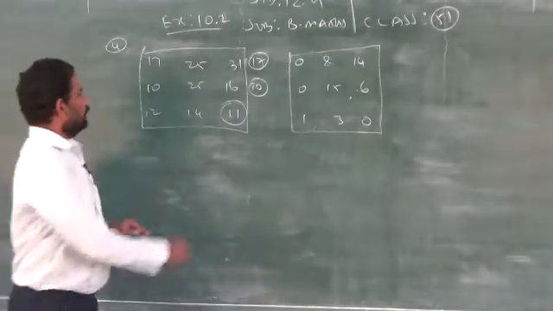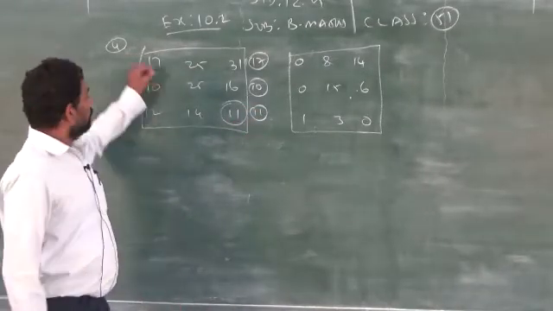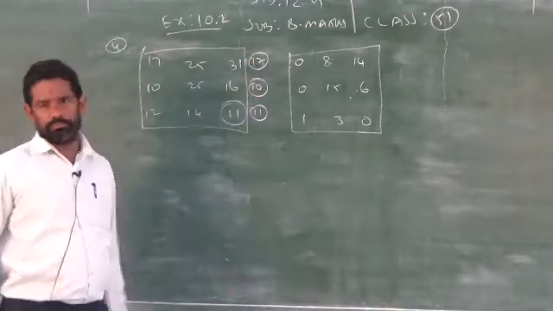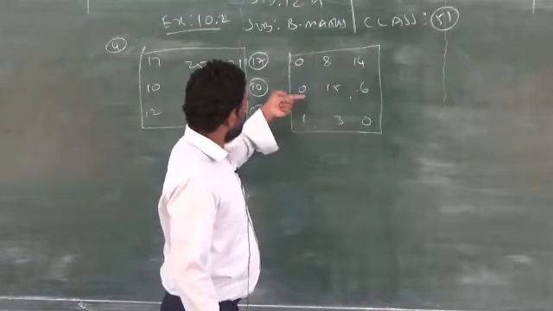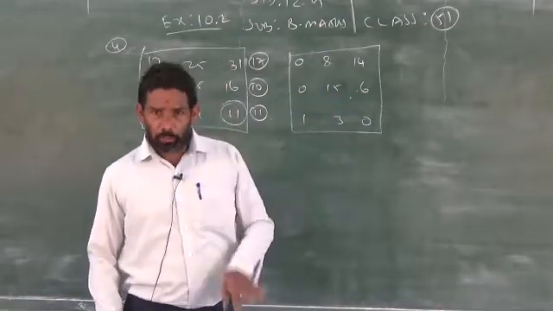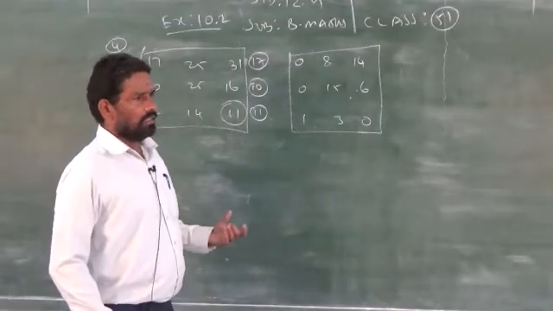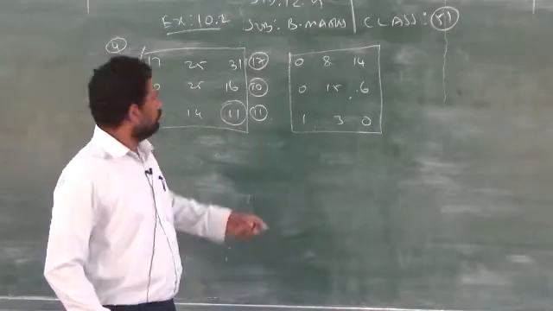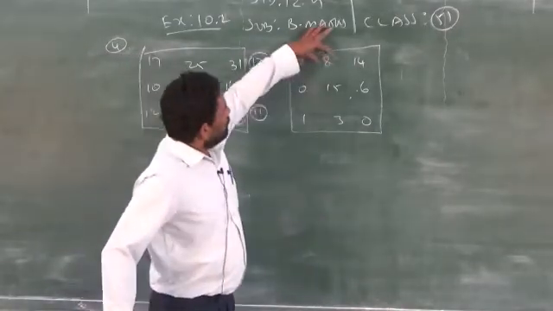Take the least value in each row and subtract in the particular rows, you will get 0. Now you have to check, this row has a 0, this row has one more 0, the last row also has a 0. Likewise, you have to check column wise now, whether each column consists of at least one 0. Here how many zeros in the first column? 2 zeros. Okay. But the second column?